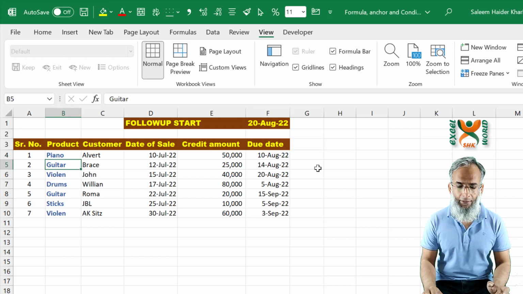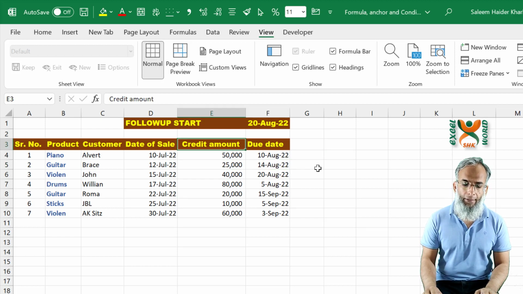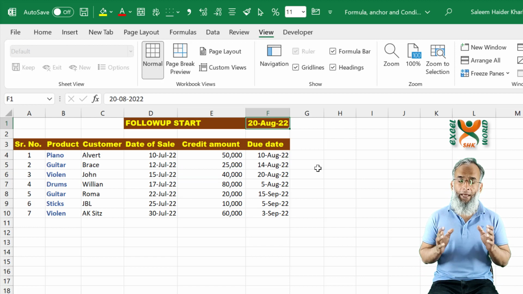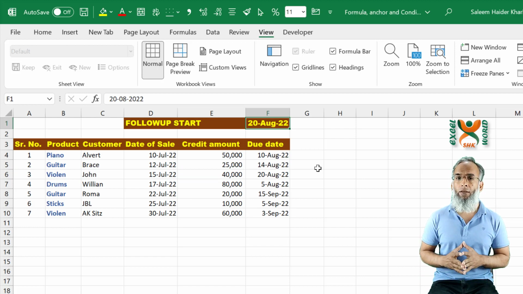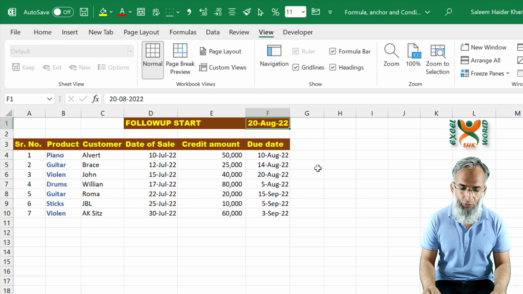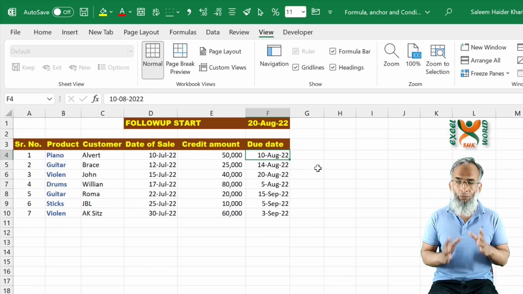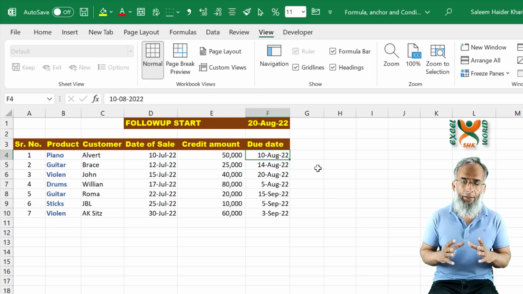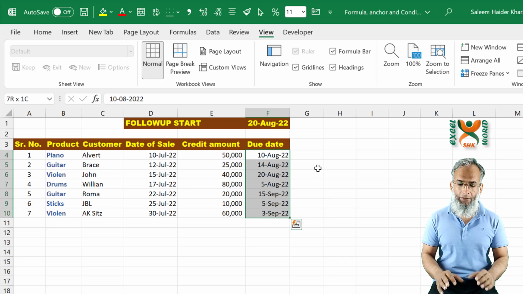So here we have the list of customers and the products and the amounts due from them and the due date. And the day we have to follow up from all of these customers so that they pay their invoices. So we want, just like we did in our previous exercise in the previous video, to have those dates or invoices highlighted so that we do not have to see the date and see whether it is due or not. So this is the due date, and we are going to select all of the date list